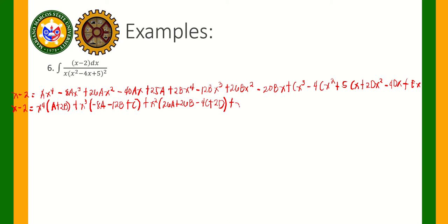And then plus x tayo, we have negative 40a, yan, minus 20b plus 5c minus 4d plus e. And then for our constants, that will be, ayan lang, si 25a lang. So, plus 25a. So, by symmetry,